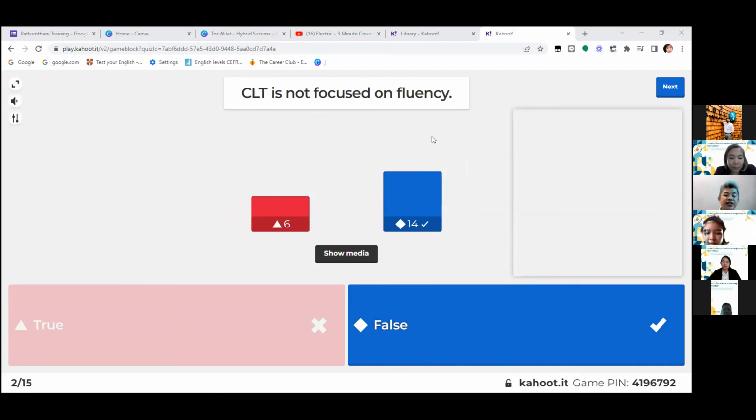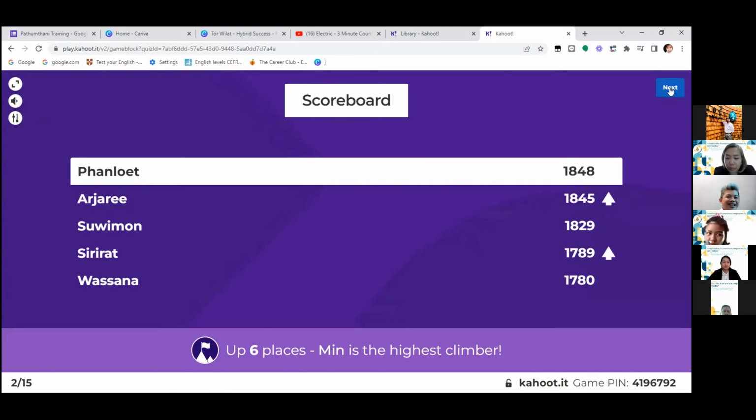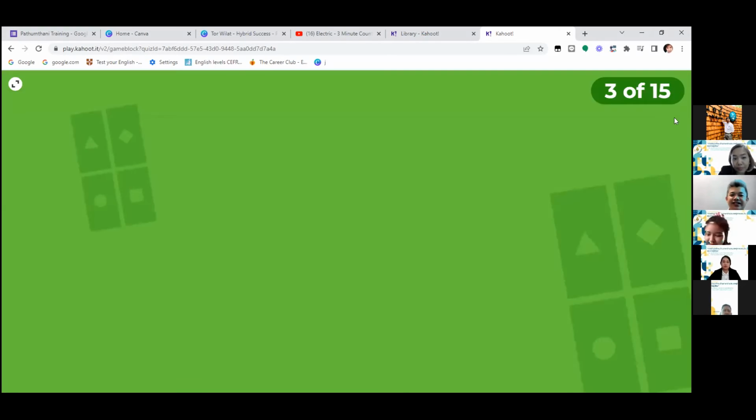When we start to help them become confident, normally we talk about using fluency more, but we also talk about how they become better or perfect in using English accurately. We're thinking about accuracy.